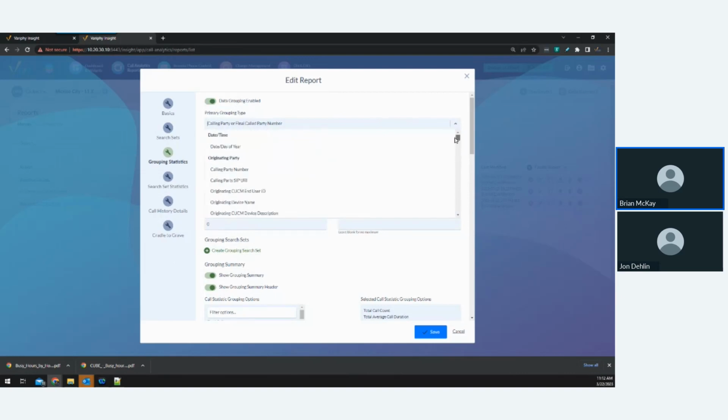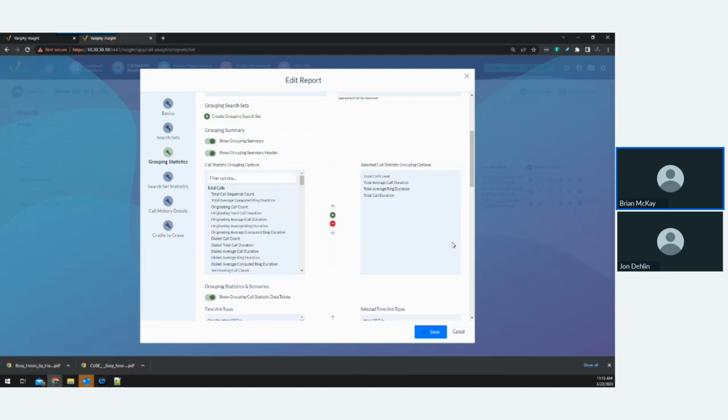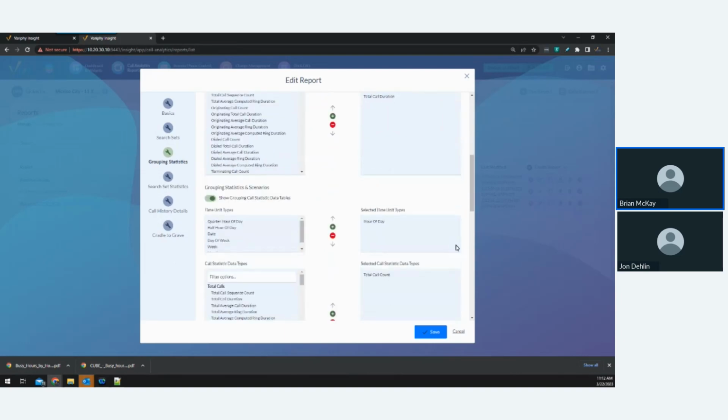There's a bunch of different ways you can do this. You can do it by date. You can do it by end user ID, device name, device description, department, et cetera, et cetera. There's a bunch of different options you can choose, but I'm just going to match it to the search set criteria. So again, we're just kind of keeping it simple and uniform. So we'll go ahead and run this